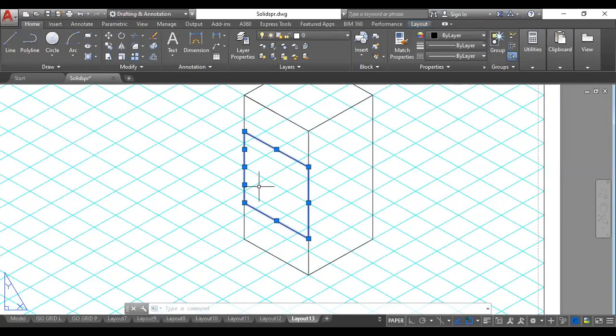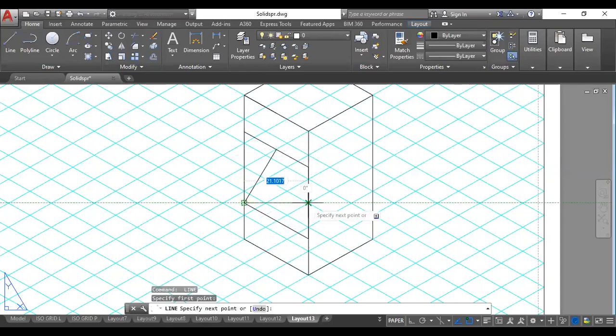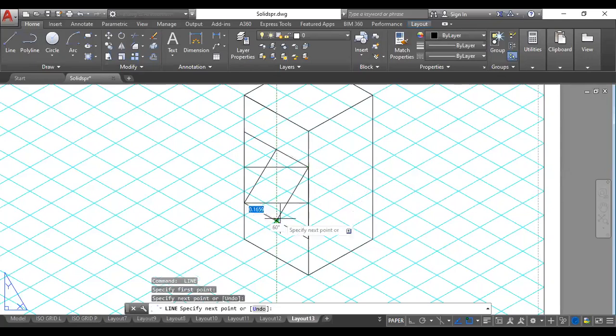Then I can get the ellipse over here. That is why I first constructed this particular box from the center. That is important. Now I'll join the minor axis lines. From here this is the midpoint, from here this is the midpoint, from this point the midpoint, and from here this is the midpoint.